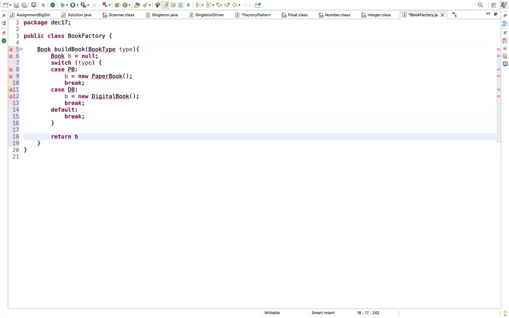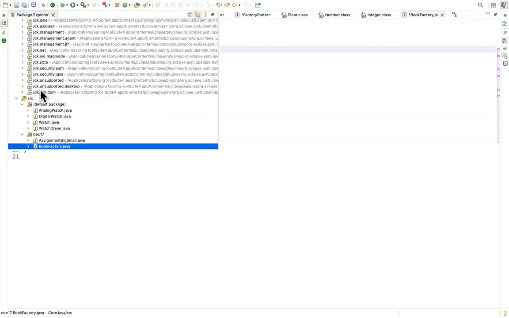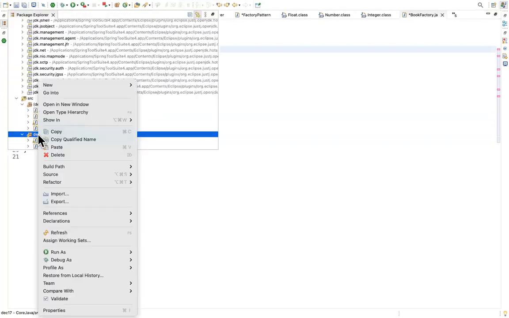Return B. So now the classes you need to create, first is the Book class. Can we create a class named Book first? Do we need to specify any public or private access modifier? No need to do anything. Once we create the relevant classes, we'll refactor this again. So now we'll have one class called Book.